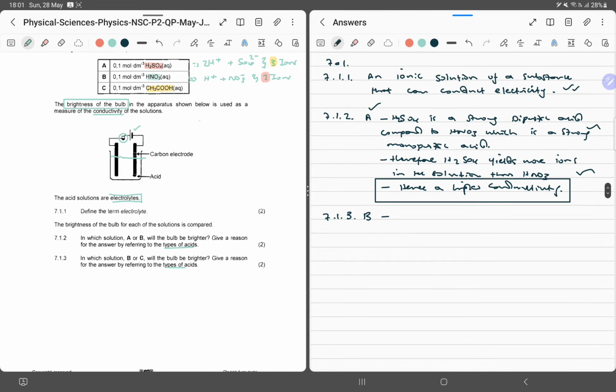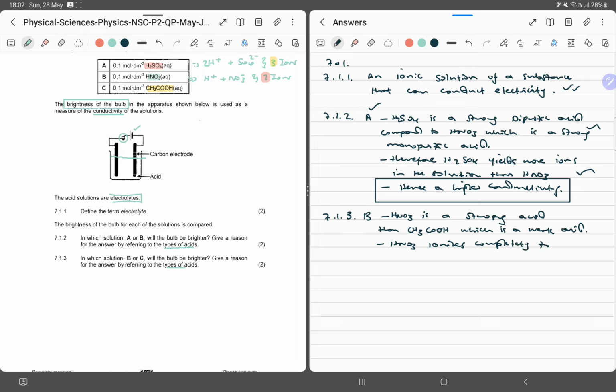Again, we know that HNO3 is a strong acid than CH3COOH, which is a weak acid. We can say now HNO3 ionizes